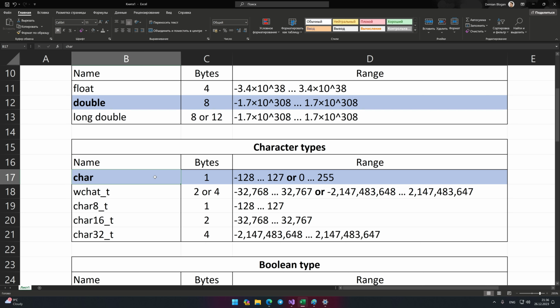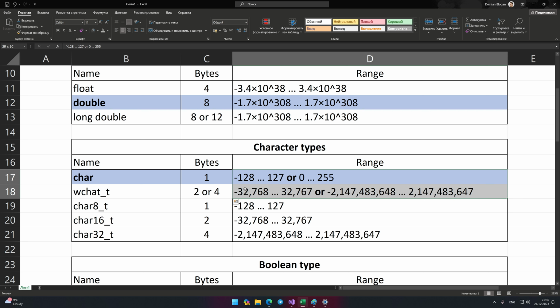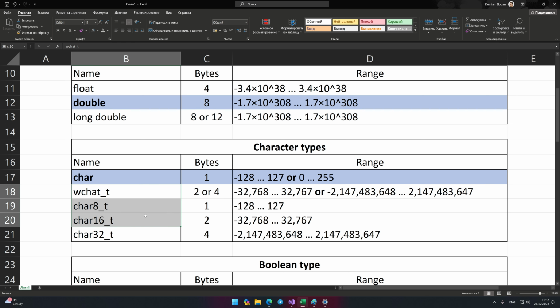The wchar_t type stands for wide character type. It occupies at least 2 bytes, which is why its range of values is much larger. It usually stores Unicode characters, but since this type has different amounts of memory on different platforms, several more types were added along with it: char8_t, char16_t, and char32_t. They all have numbers in their names which describe the number of bits they store. Since 1 byte has 8 bits, they occupy 1, 2, and 4 bytes respectively.